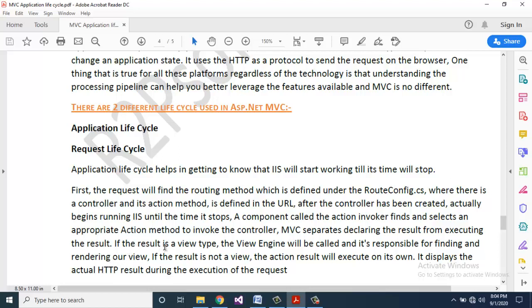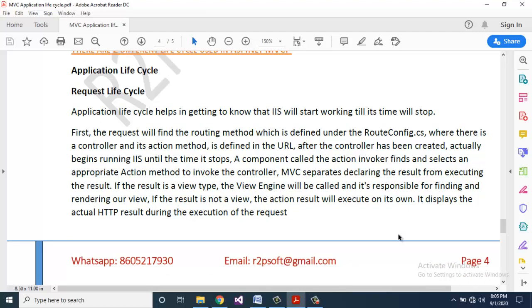If the result is a view type, the view engine will be called and it's responsible for finding and rendering our view. If the result is not a view, the action result will execute on its own. It displays the actual HTTP result during the execution of the request.